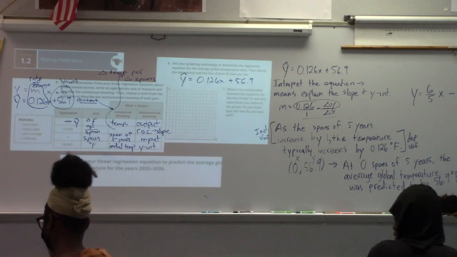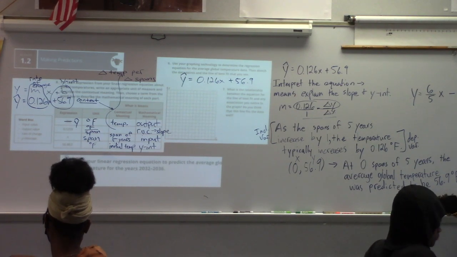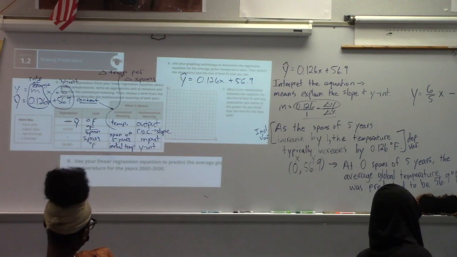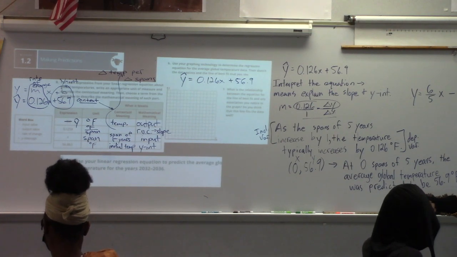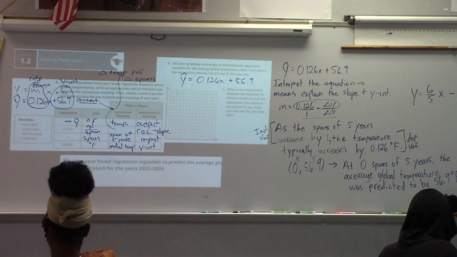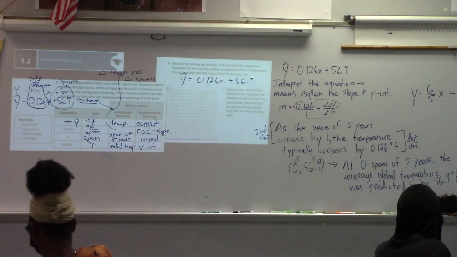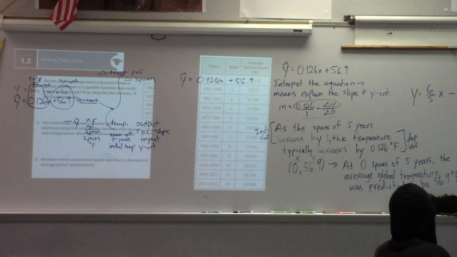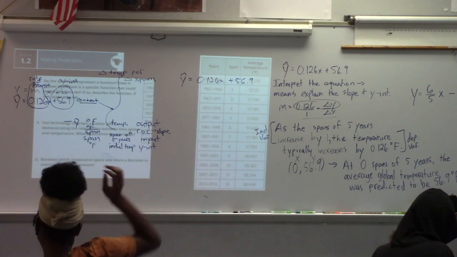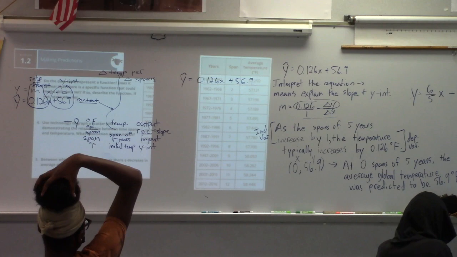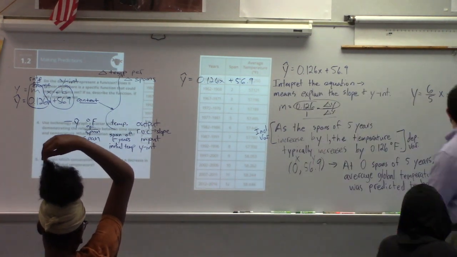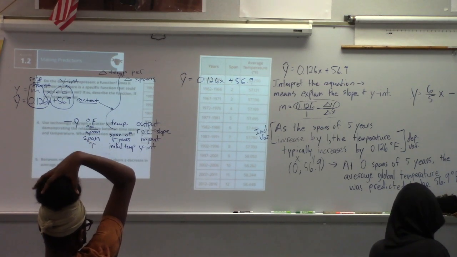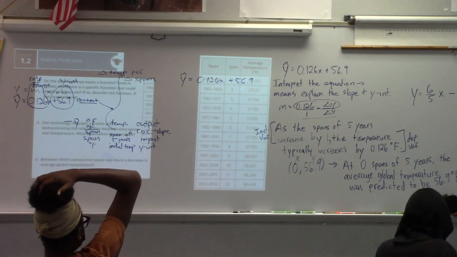So, we now need to look at number 9, using your linear regression equation to predict the average global temperature. Note, we have a span of 5 years, right? 2032 to 2036. Which span is that? So we need to go back. Do we have 2032 to 2036? No. Nope. Okay. So we would have to continue this table going. So this, hang on, 2017 to, what that's going to be,